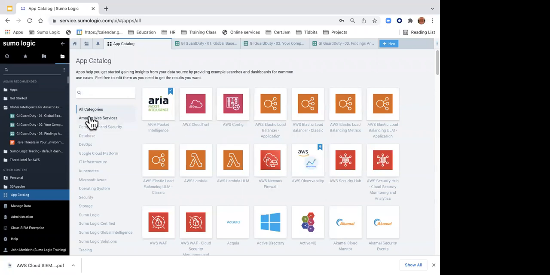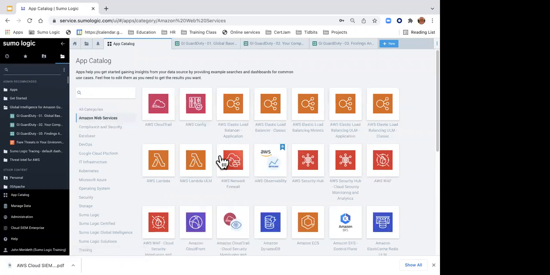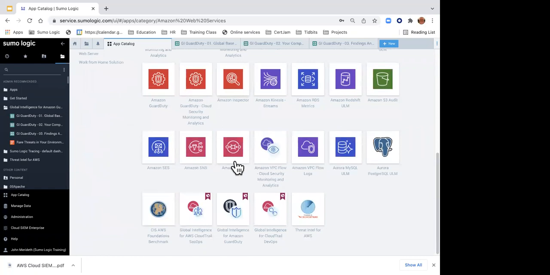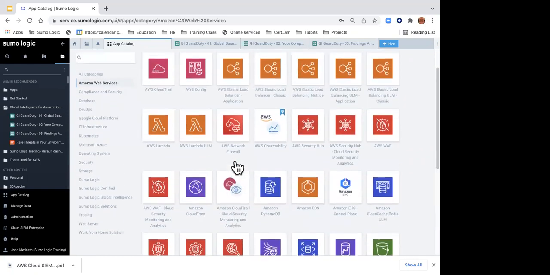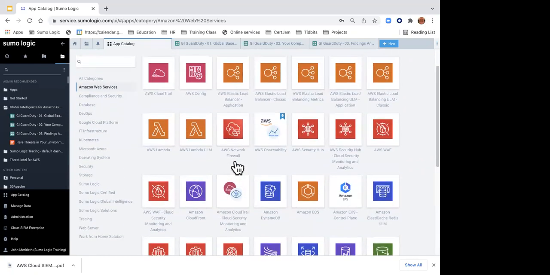Okay. But you can search for whatever it is you want to search for. And again, for those of you with our partnership with AWS, as you can see, we've got lots and lots of applications here that you can install that I hope provide you a lot of good information about AWS security, how your AWS environments are working, how AWS Lambda is working for you, on and on and on it goes. Okay, lots of good stuff here. All right, now back to James's question though.